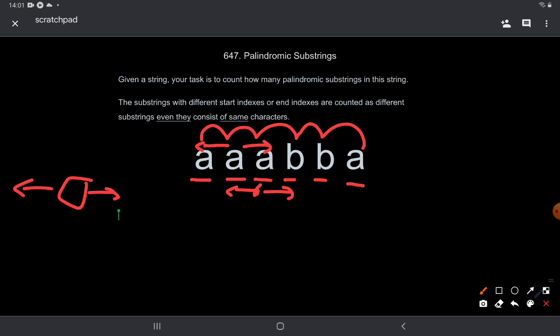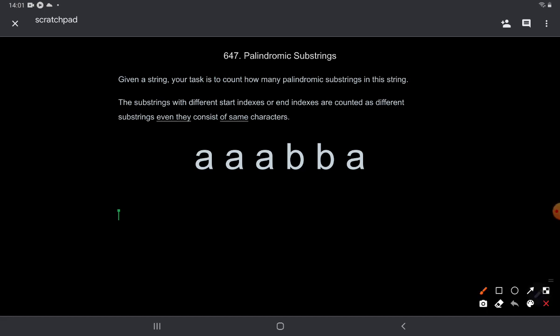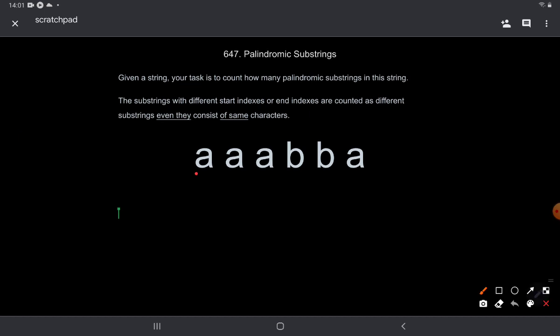The second kind of palindromes are those which have an even length. So even length palindromes are something like this one. So AA is a palindrome and it is of length 2. So the way to find out the even length palindromes is similar to the way that we discussed earlier. Just the difference would be that the center from which we will start expanding would be a group of 2 characters instead of 1. So if, let's say, we start from the beginning of the string, first of all we check whether this and the next character are the same. So whether these two are same. So yes, they are same. So now we can expand the window, but we cannot expand since this is the beginning of the string.